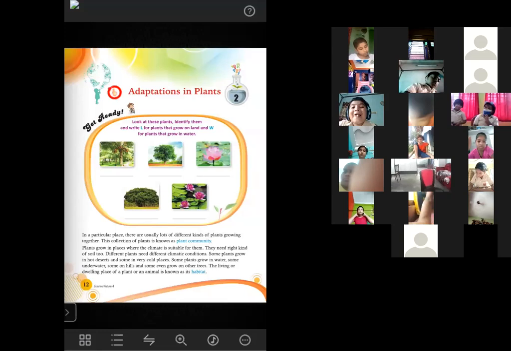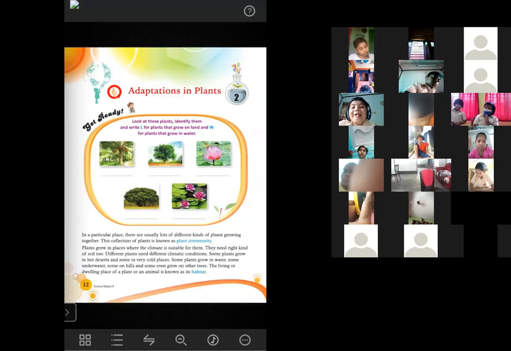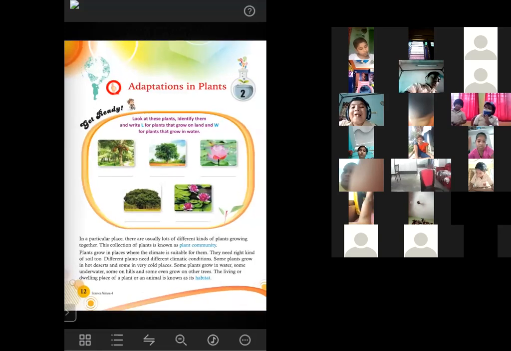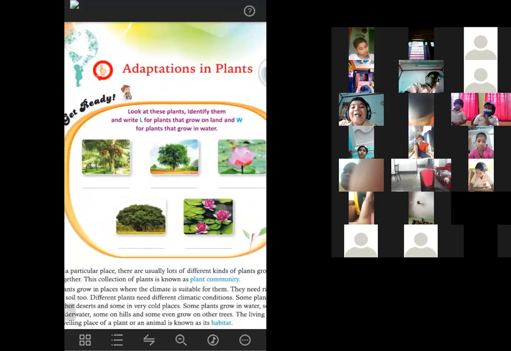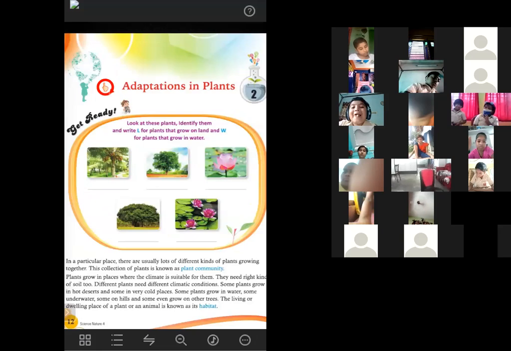You can see a box here. 5 pictures are there. What you will have to do in this part: look at these plants, identify them, and write L for the plants that grow on land and W for the plants that grow in water. So it's very easy.